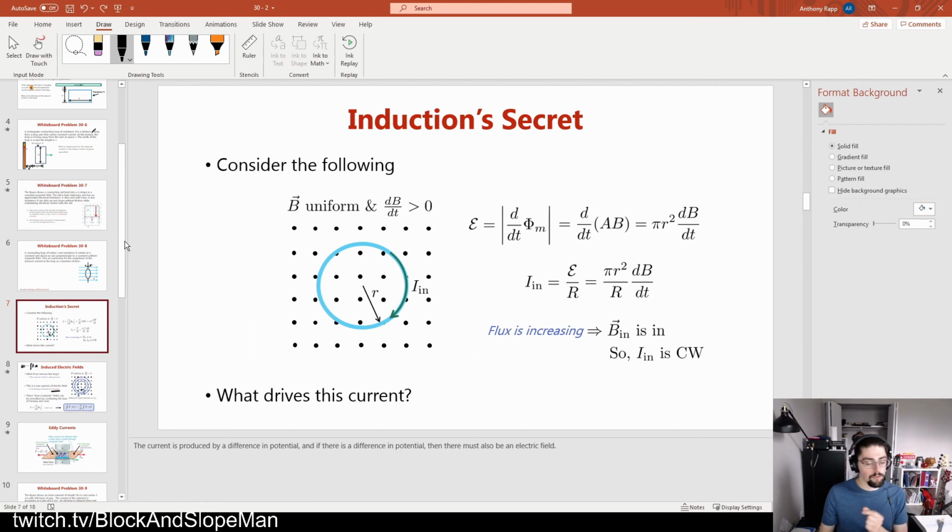And that's a little bit strange at first, but we have to think about it like this. Let me walk you through two different scenarios. So this loop has some resistance to it, right? Naturally, it's a wire that has some natural resistance. If I was to look at a very, very, very tiny section, I would have a very, very, very tiny amount of potential, but just because I've got that potential and just because there's a current going through this with a resistance, that section of wire dissipates that exact same amount of potential. So I end up with essentially no potential gained as I go across the entire thing,